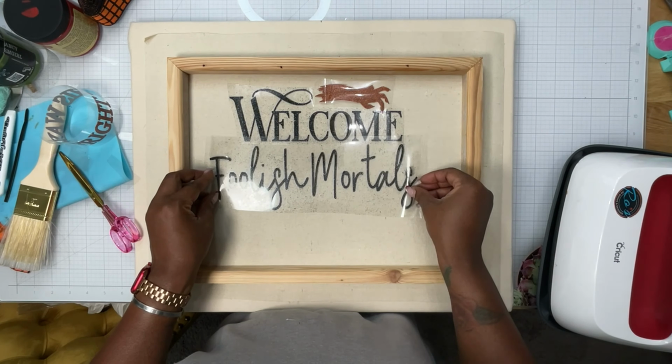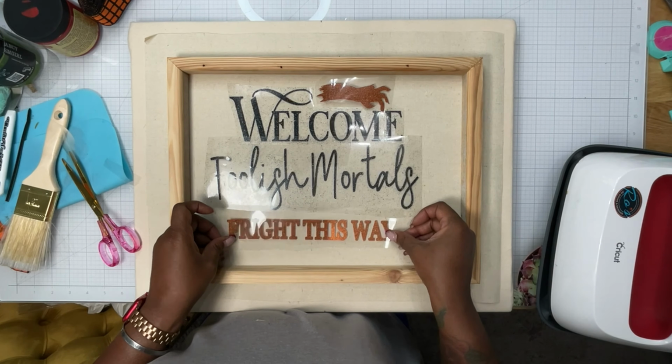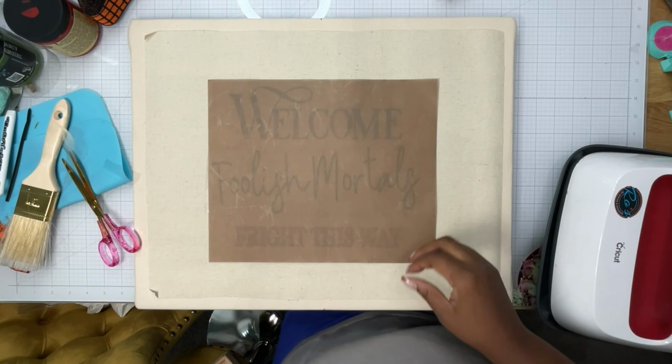And guys, it's going to come out crooked. You guys know I don't do well with lining things up straight, but I did lay this down. And then while I'm doing this,